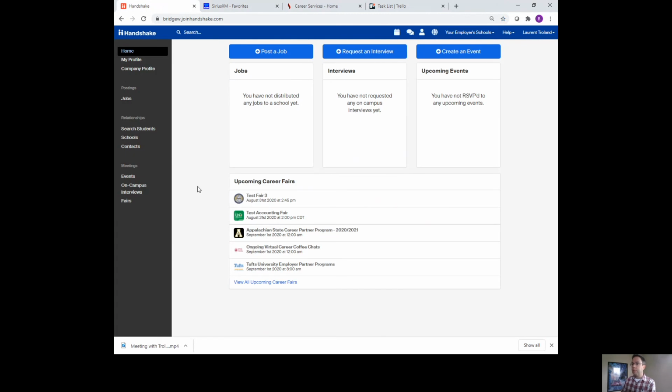Okay, once logged into your Handshake account, you'll be on your home page. I've used this a few times, so it won't give me any of the pop-ups that you might get reminding you to set up your career event. But if you've already been in, the easiest way to get to it, if it's not in your upcoming list, is to just go to Fairs,